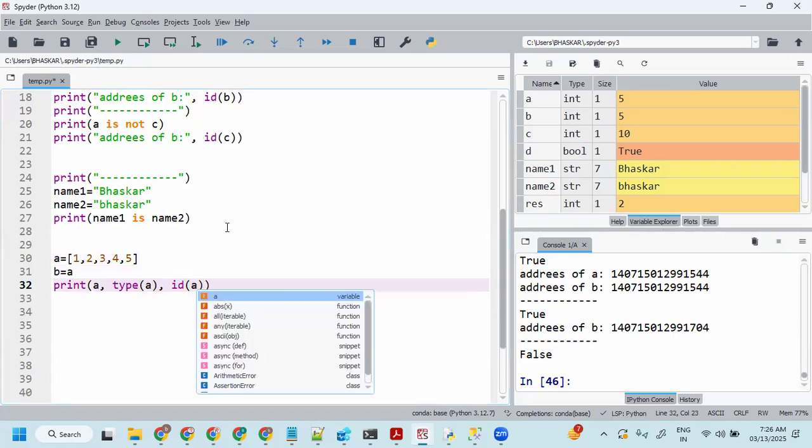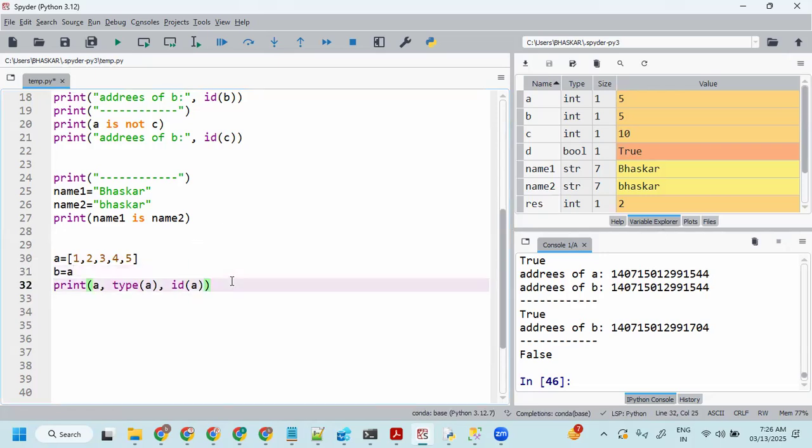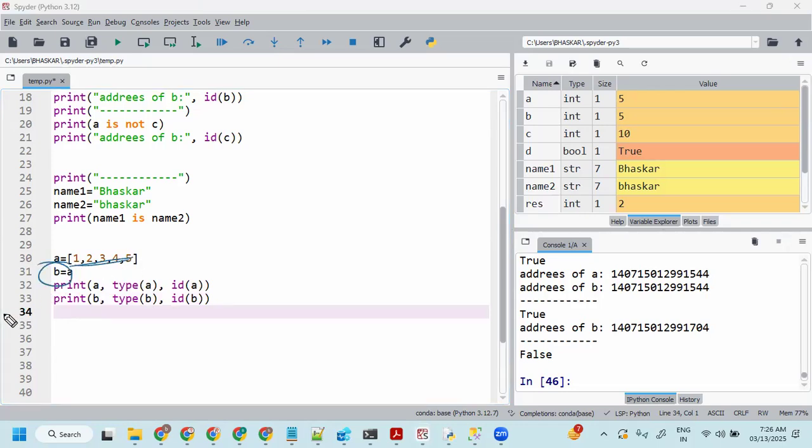And ID of A is going to give the address of A. In the same way, I'm going to get it for B also, printing B, type of B and ID of B. I'm just keeping whatever is there in A in B, and then getting the ID and type of it. Type is important for us, but ID is not much important